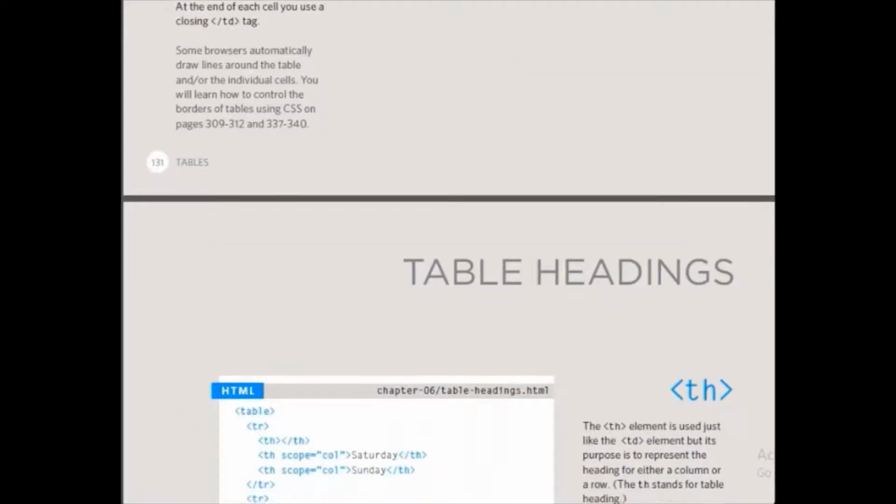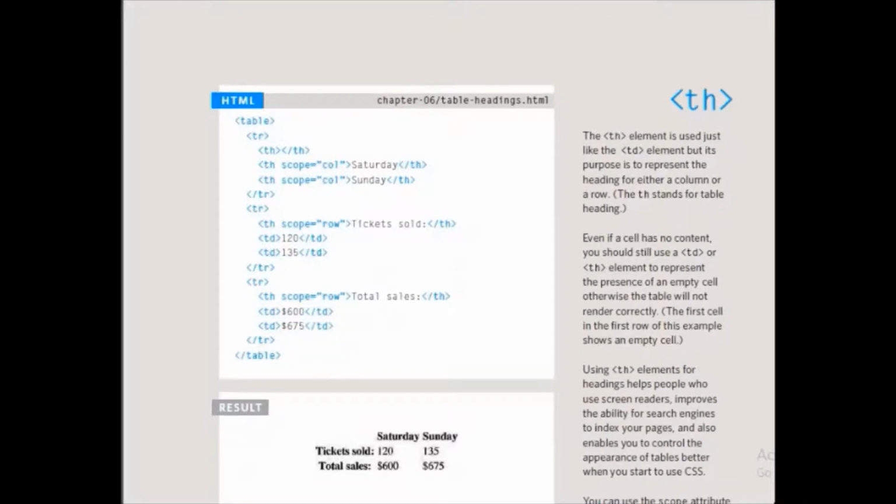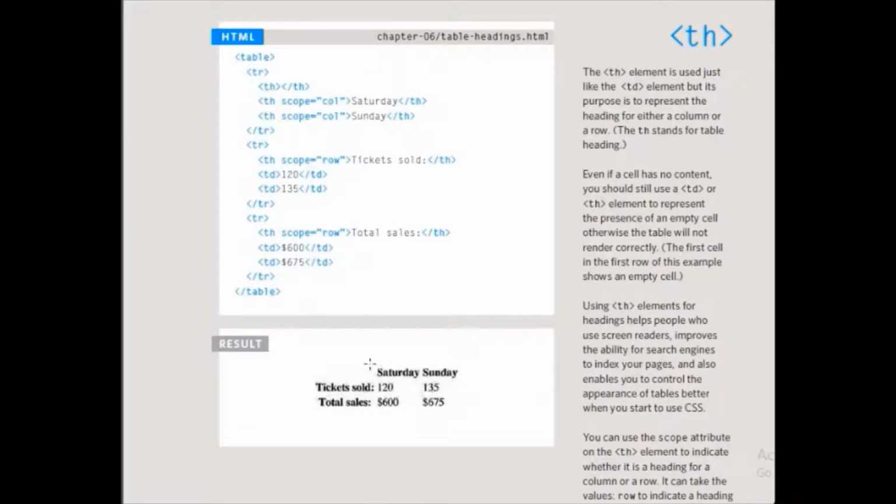We can also give headings to the tables, and like this, the th tag. Th means table heading. It is the same as the td tag, but the only difference is that the heading would appear bold and like a heading. Otherwise td and th are the same. They'll create a column and write the text, but see this, Saturday and Sunday are bold in the form of a heading. Why? Because we have given them in th.